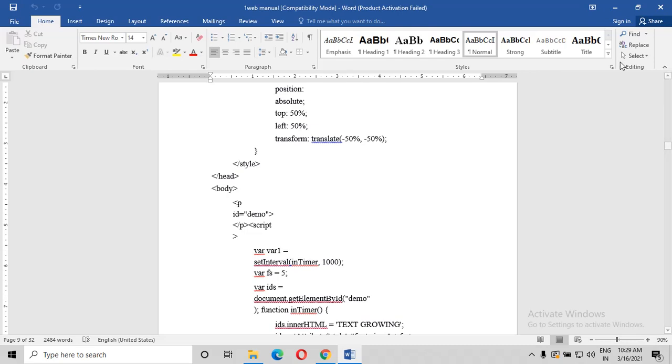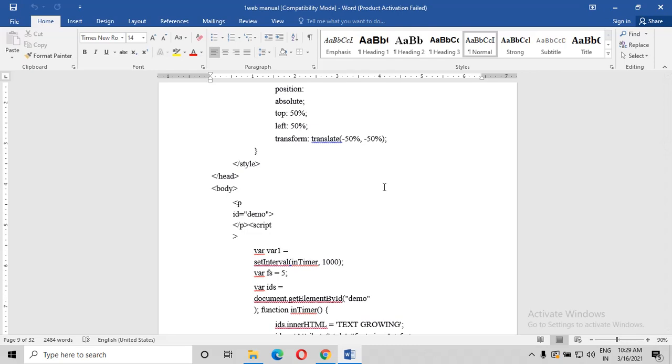For example, this is the page, and I have given here top 50, which means 50 pixels, and this is right and this is left, and left 50 pixels. So whatever text you have taken, that is text growing and text shrinking, it will come in the middle, right? If you don't give this, it will take a random position. So the positioning should be absolute, right?